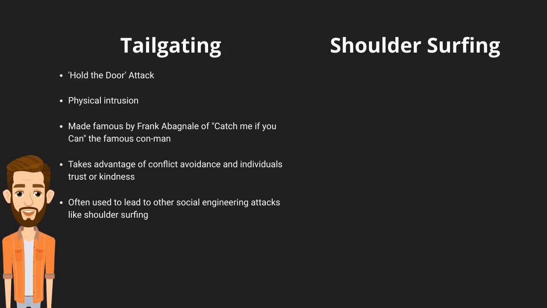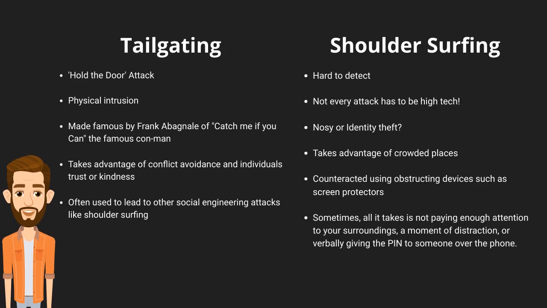Shoulder surfing, as we talked about, is the act of peering over someone's shoulder and attempting to get information in that way. Shoulder surfing, if it's not noticed, is actually really hard to detect. It oftentimes takes advantage of people being unaware of their surroundings and uses very little, if any, type of actual technology to happen. It mostly is just the act of being in like a noisy or crowded area and then just trying to look over and see what the people around you are putting into their devices.